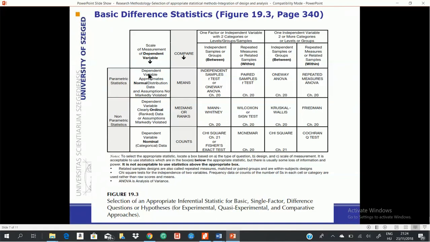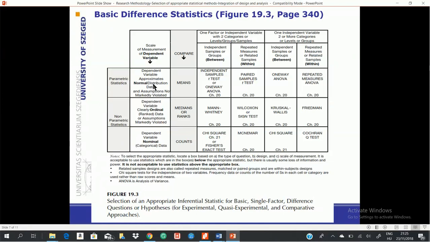And the other is non-parametric statistics. It's for the dependent variable as well: clearly ordinal or rank data, or when the assumptions are not fulfilled, or assumptions are violated. It means you have data that is not distributed normally, or didn't have a normal distribution, so you cannot use parametric statistics. And for a dependent variable that is nominal,